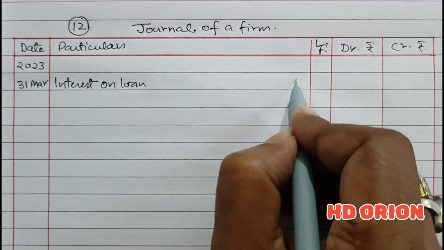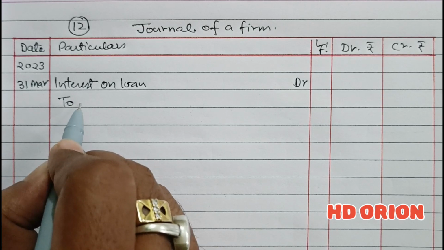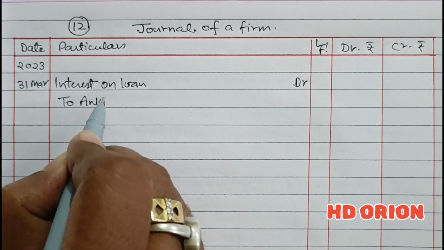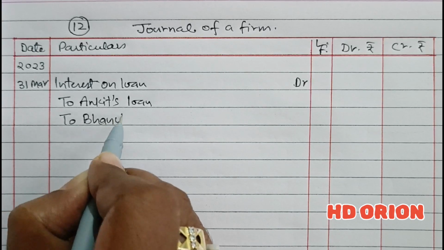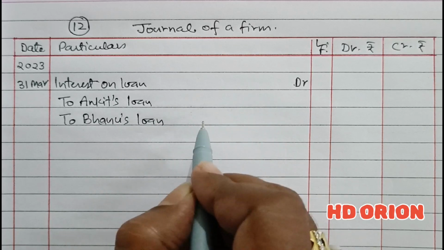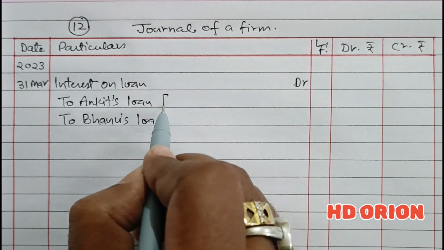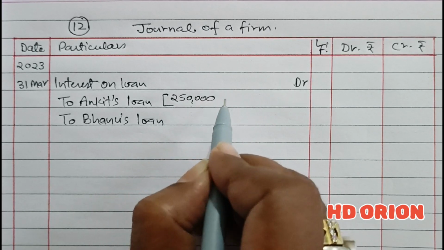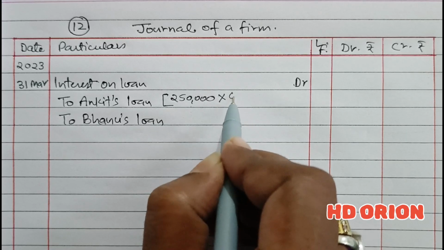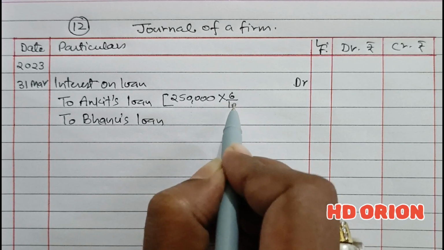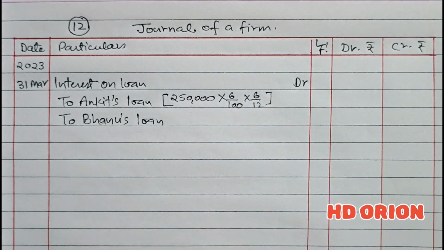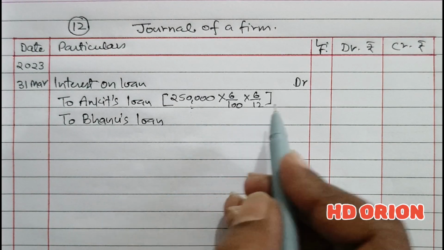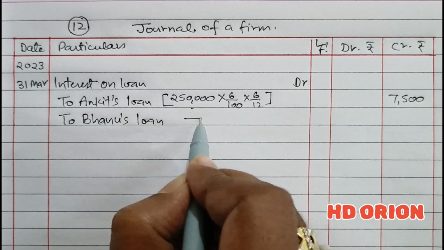Interest on loan account will be debited and credited to the partner's loan, that is Ankit's loan account, and to Bhanu's loan account. So we will show the calculation here itself, and both have given the same amount, that is 2,50,000, and the recommended rate of interest is how much? As per the act, it is 6%, but for the period the loan was provided, and this loan is only for 6 months, because it is straightforward written in the question that on 1st of October 2022 they have provided. So when you calculate this, you will get an amount rupees 7,500,